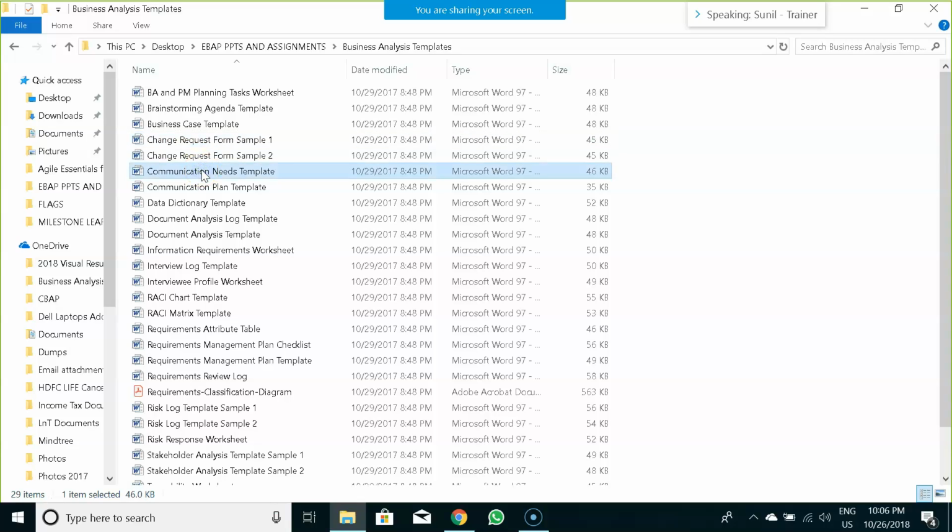Sunil, is this only specific to the maintenance phase, or even when it's in the development phase, will any changes be handled this way? No, how come you would have a change request in the development phase? That would be a new addition to the requirement. Once the project is completely delivered and moves into maintenance and support phase, then you would have a change management process wherein you would have this form to deal with. Okay.